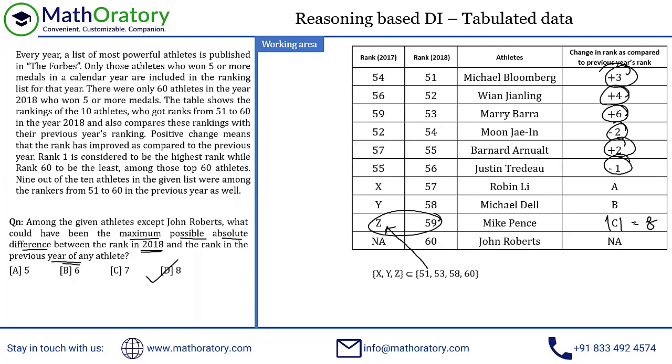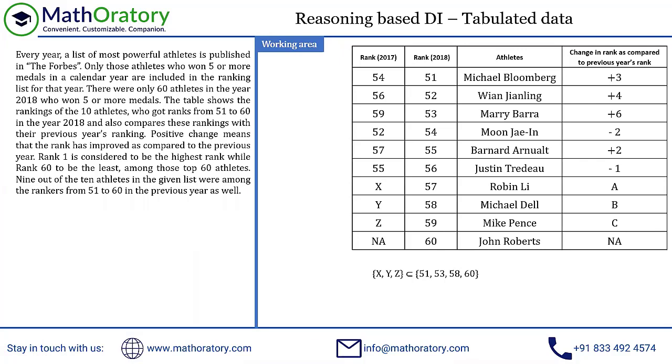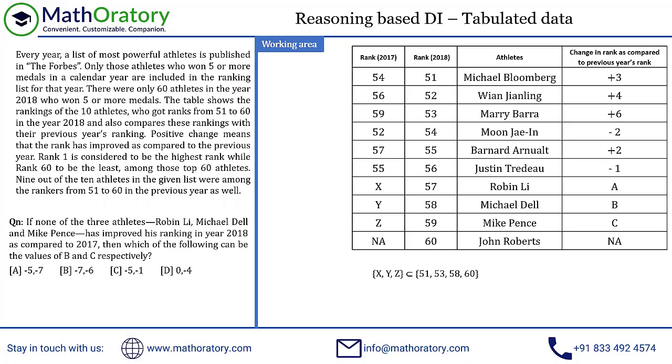And that's it for the entire set, by the way. Pretty easy one, nothing too much to it. The premise was pretty easy to understand. There are not too many things to analyze out here. You just have to figure out this table and then quickly go ahead and analyze each and every question. So the questions, as I mentioned earlier, whenever you have a reasoning based DI, in the questions you will have something to analyze for. Because after all, it's a DI, that is how it goes. So you have to analyze something for each and every question.